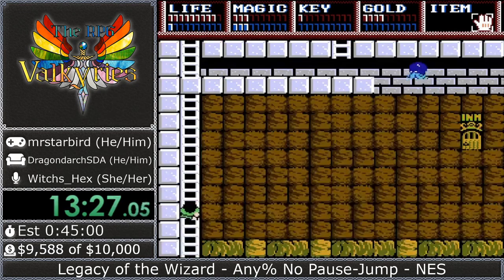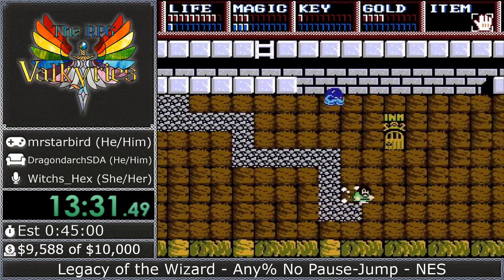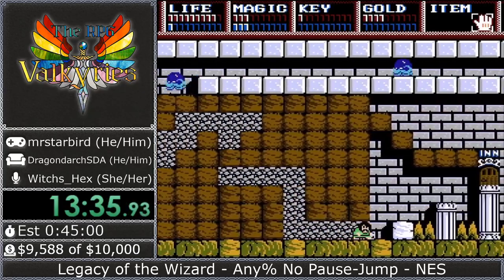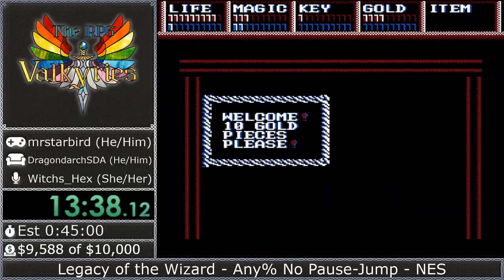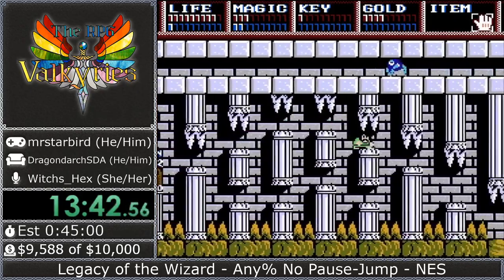Yeah, and this is why any percent is a lot easier to do, because you would just pause and jump your way up through it anyway. Oh, and I almost fudged that one up too. No, I don't want to stay at the end. I've got enough magic to beat Terran Tunes. So, around 30 magic I'm safe, but...